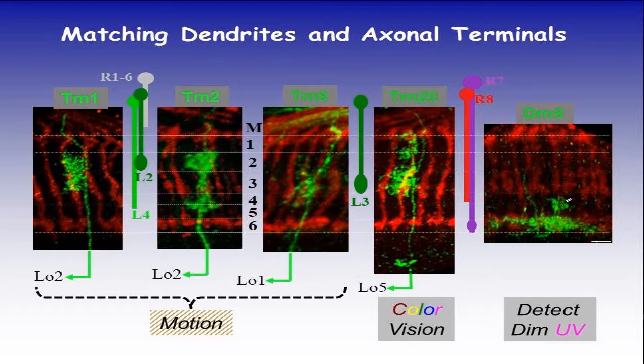They match the dendritic arbor to receive information from the lamina neurons here called L2 and L4. Again, the names are not really important. And for example, this part of the neuron is involved more in color vision, here TM20, on which we'll spend some time. It elaborates dendrites primarily in this particular layer called L3, M3, and receives input from the L3 neurons. And this is the DM8 neuron, one of the amacrine neurons. They are involved in detecting very deep UV light, which we have identified from the behavioral paradigms here.